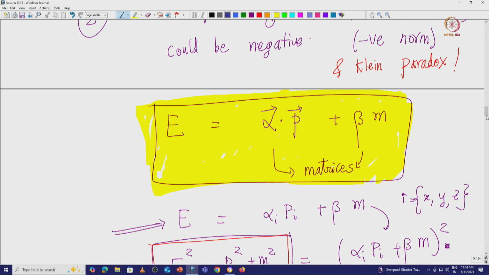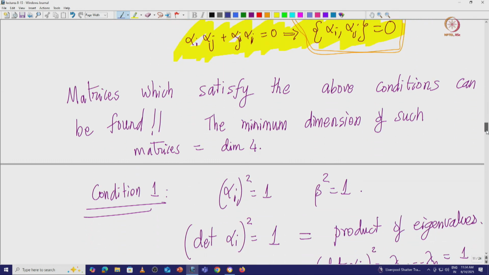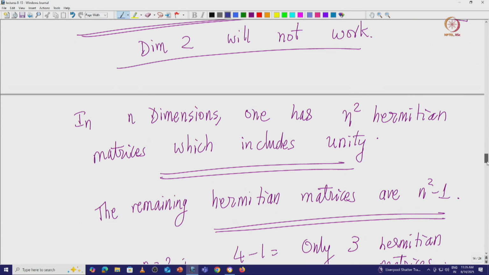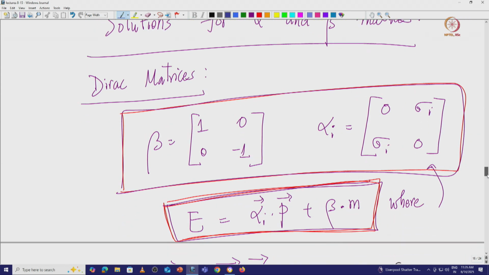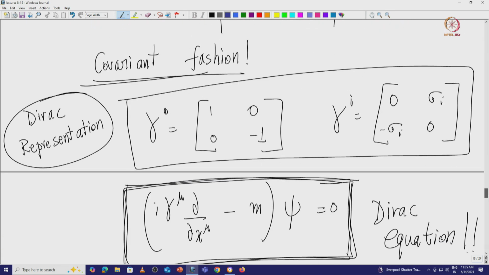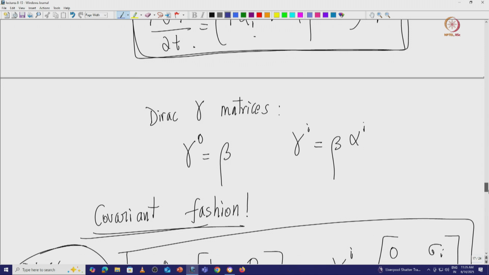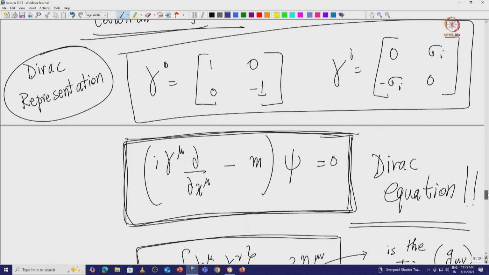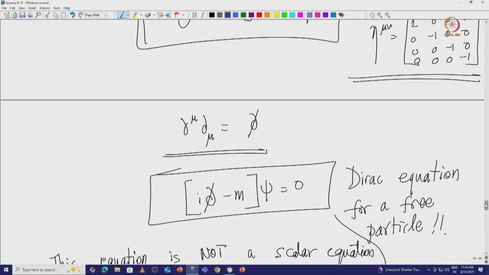and then he derived the conditions on these operators which we have seen, and we have found that these operators can exist and there are solutions for these operators which are nothing but alpha and beta matrices. After writing these solutions and then re-expressing them in terms of something called the gamma matrices, the alpha and beta matrices just become gamma matrices. You can write it in a very nice covariant fashion, which is given by this particular beautiful equation, i del slash minus m is equal to 0, which is the Dirac equation for a free particle.